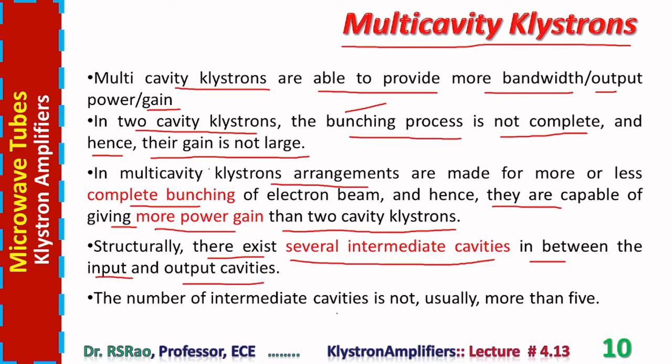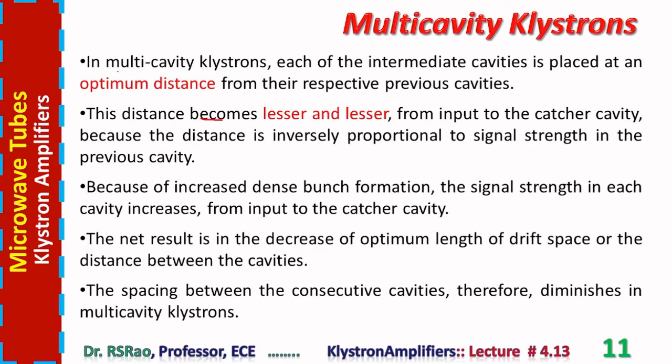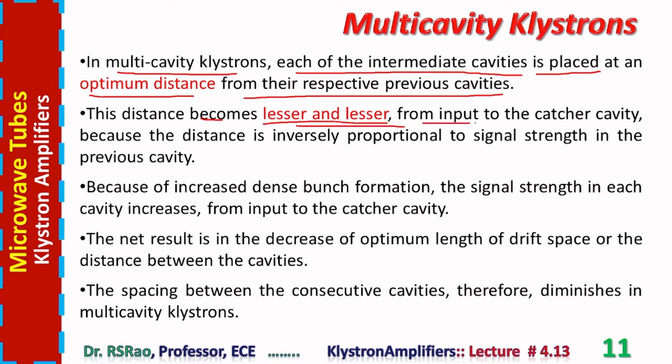The number of intermediate cavities is not usually more than 5. In multi-cavity Klystrons, each one of the intermediate cavities is placed at an optimum distance from their respective previous cavities. This distance becomes lesser and lesser from input to the catcher cavity because distance is inversely proportional to signal strength